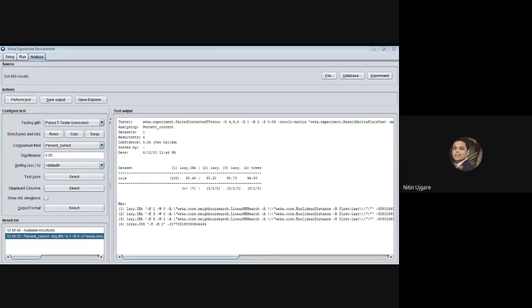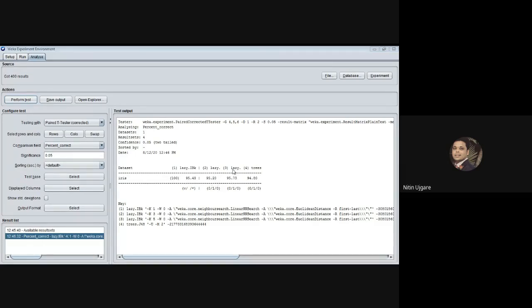So now you can analyze that the KNN algorithm with the value of K as 1 has the accuracy of 95.4%. Then the lazy KNN algorithm with the value of K to be 3 gives me the performance 95.2%.